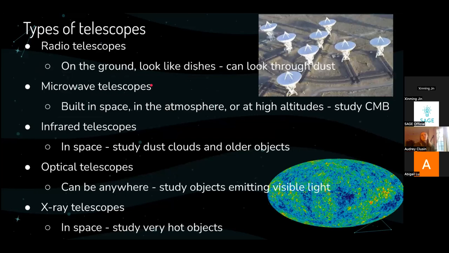So if you've ever thought, well, why are telescopes like the Hubble telescope or the James Webb Space Telescope in space, why can't they just be here? It's because the forms of light that they're looking at actually don't get to Earth, and it's a lot better to be in space, and also there's less light pollution and stuff like that. But anyway,